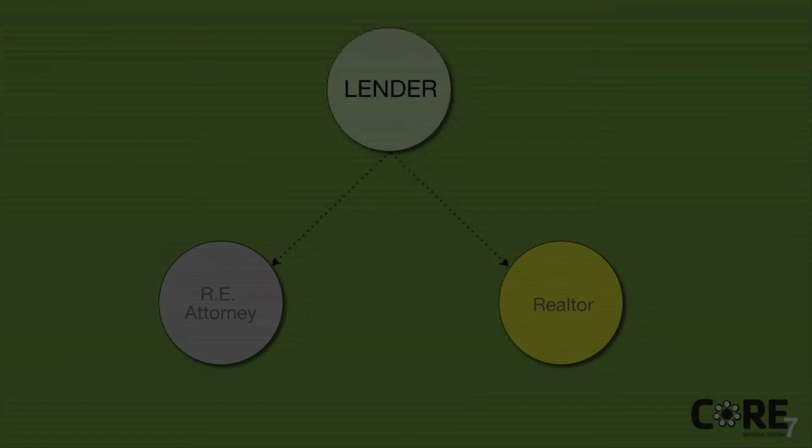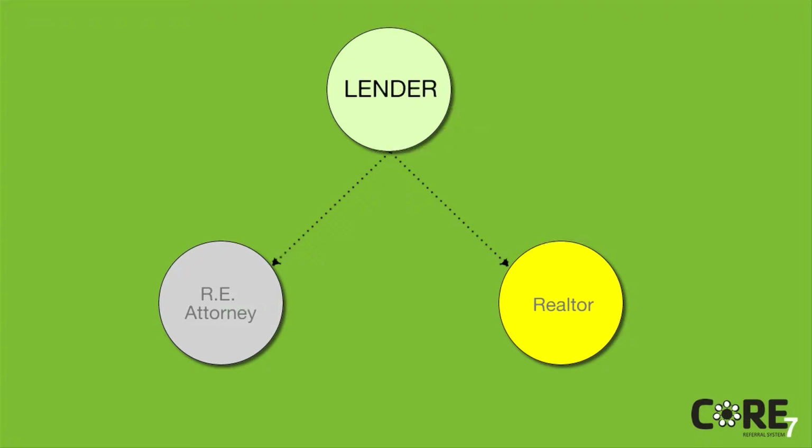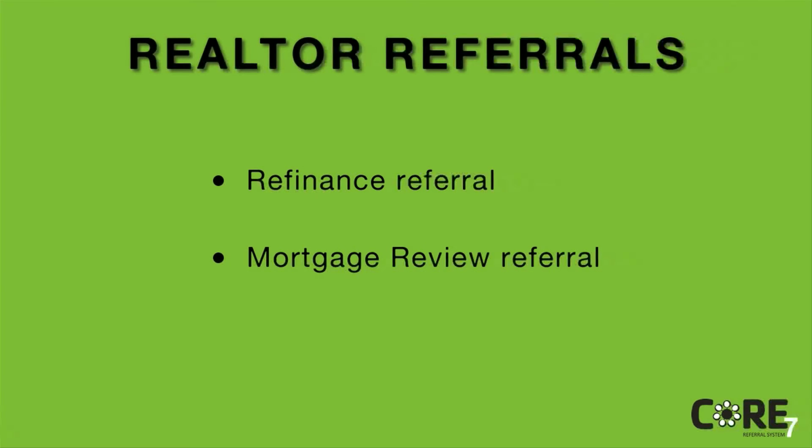All right, now let's talk about the realtor and discuss how rare it is, but possible, to make these referrals. I know you've had great success with this individually, but it is rare from a loan officer standpoint. Yeah, that's true. But believe it or not, the realtor can be referred by the mortgage originator pretty frequently. This is how I was able to give 18 referrals that closed to my realtor. There are 2 points in the Core 7 process where this is possible. They are what I call the refi referral and the mortgage review that we discussed earlier.